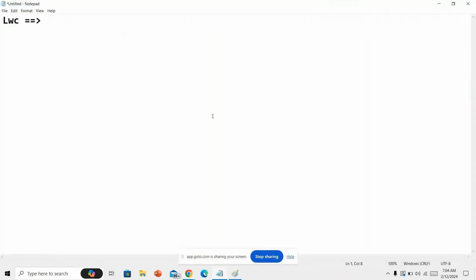So LWC. What is the full form of LWC? Anyone can highlight? Full form of LWC. Lightning Web Component. Yes. Okay, the full form of LWC is Lightning Web Component. Mainly it is used to design